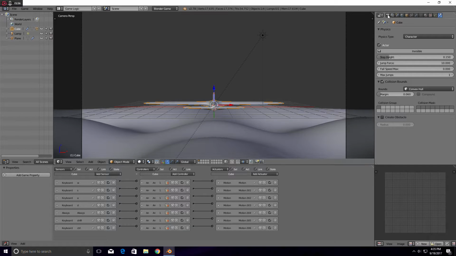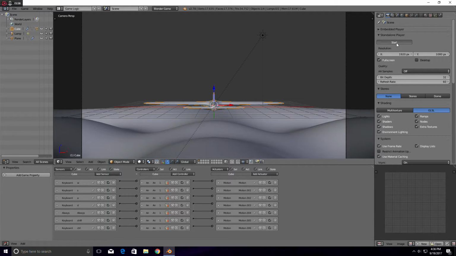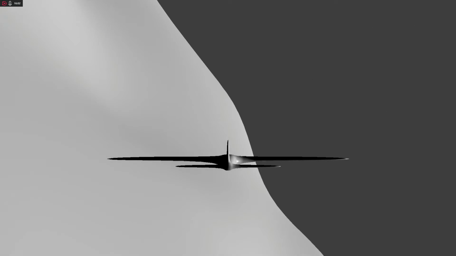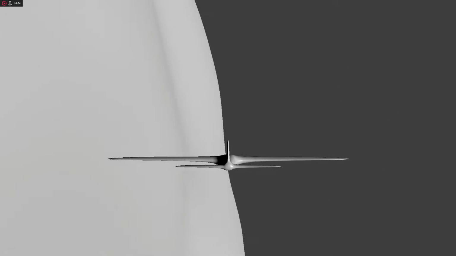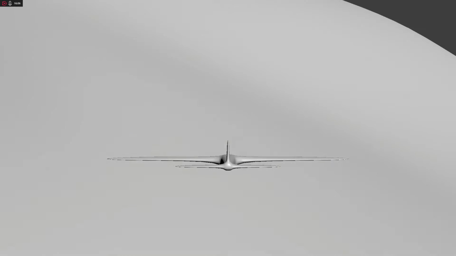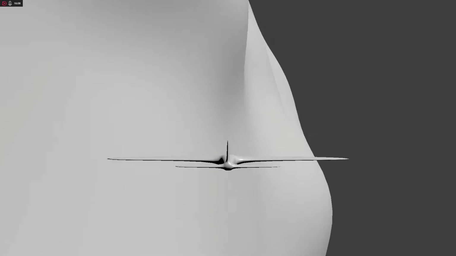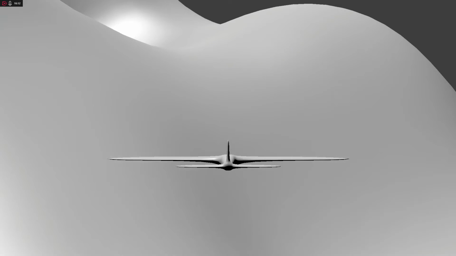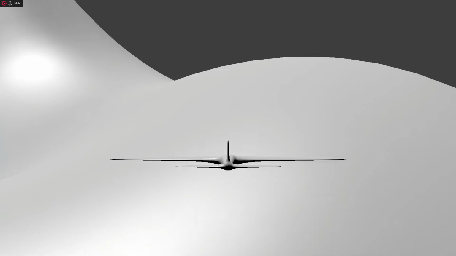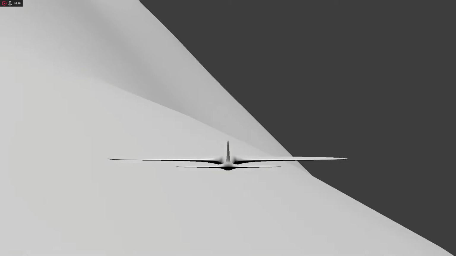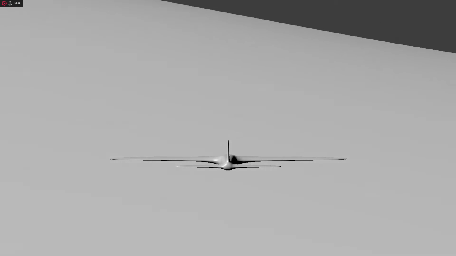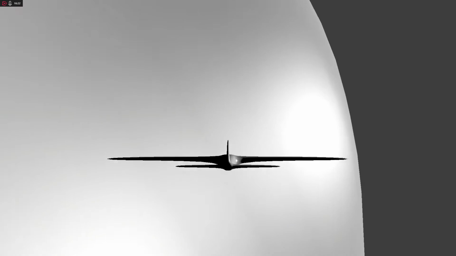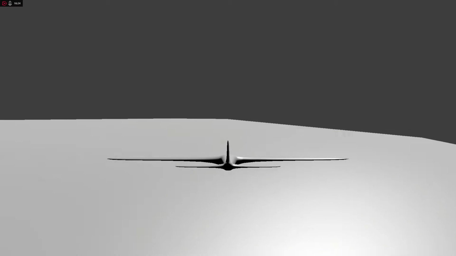So we don't have any textures yet, but that's fine. We're going to start the game, and we're going to just fly around real quick. Speed it up. See how close I can get to the mountains, because it was glitching a little while earlier for some reason. But yeah, we can get to the mountains pretty nicely. We can't quite collide with them, but you know, that's fine. We can get close enough to them,